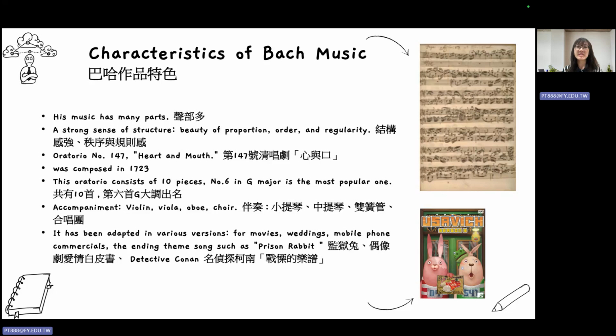So this was composed in 1723, and this oratorio consists of 10 pieces, but number 6 is the most famous one, the most popular one, in G major. Okay, the accompaniment includes violin, viola, oboe, and choir. And it has been adapted into various versions, such as movies, weddings, mobile phone commercials, and ending theme songs, such as Prison Rabbit, 爱情白皮书，还有这个 Detective Conan，就是柯南那个战力的乐谱，也有使用到这首。